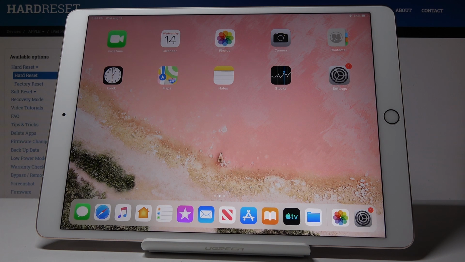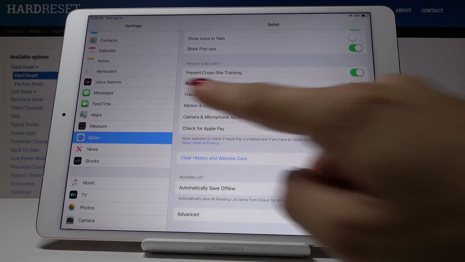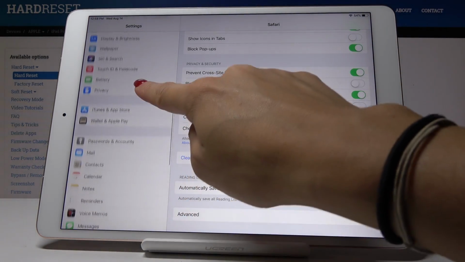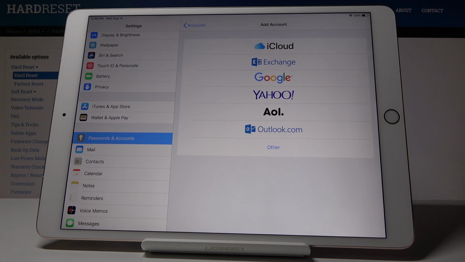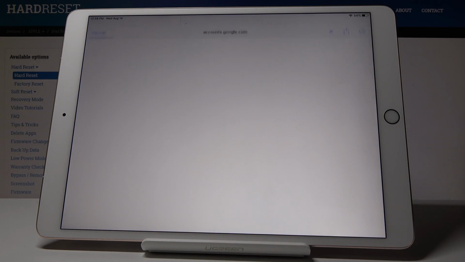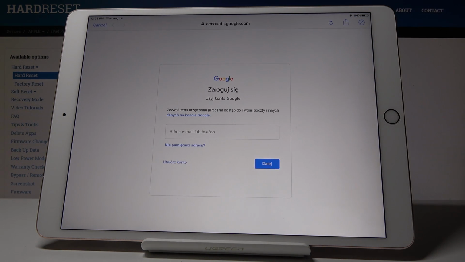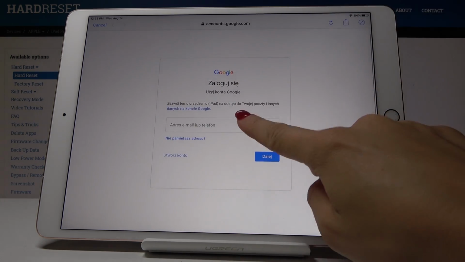Here I've got Apple iPad Pro, and let me show you how to add and remove Google account on the following device. So at first, let's open the settings, then find and pick passwords and accounts, and go to Add Account. Obviously click on Google, wait a couple of seconds, and it's time to log in with your email address